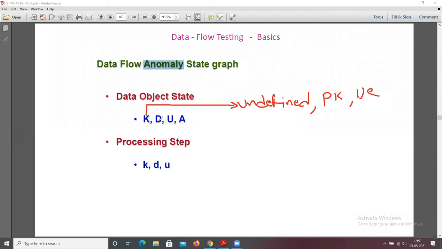The next state is D. D means defined but not yet used for anything.